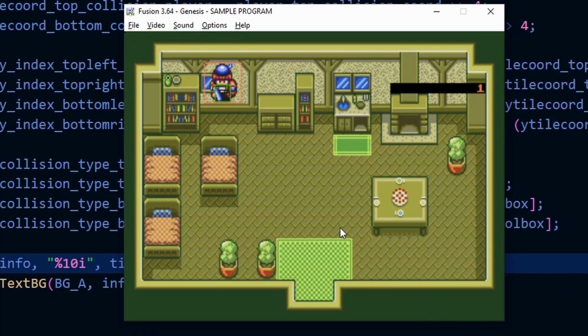So what we want to focus on this time is the bottom right hand corner of our little green collision box, and we want to make sure that when it lands on a floor tile like a regular floor, it should be 0, and as soon as it hits any kind of object or collision object or the wall, it should result in a 1. So it looks like it's working fine now, and we would assume that it's working fine for the other 2